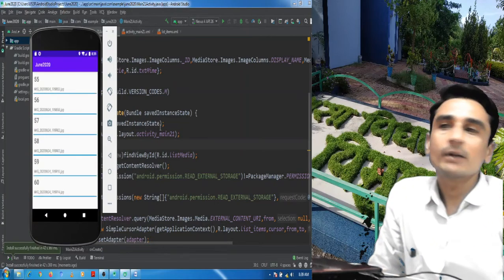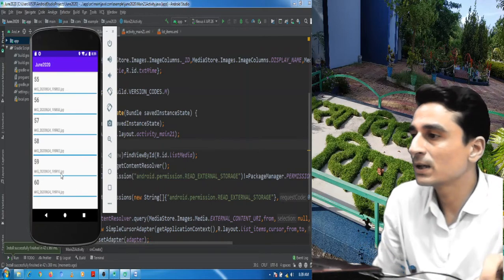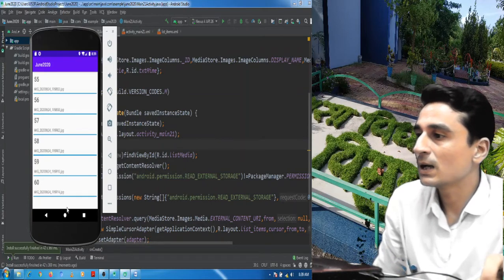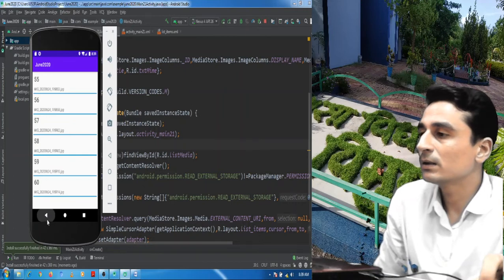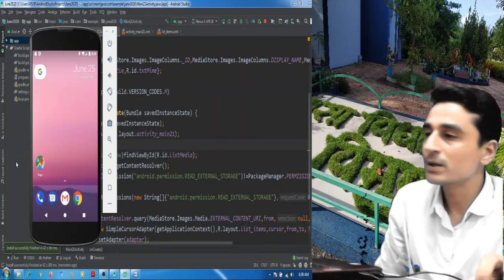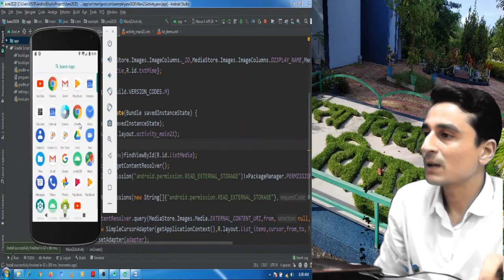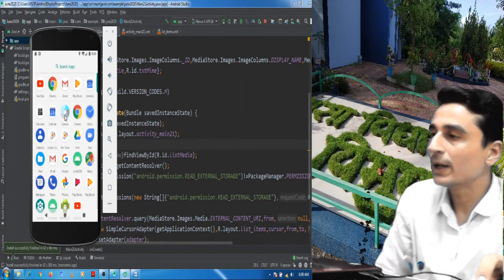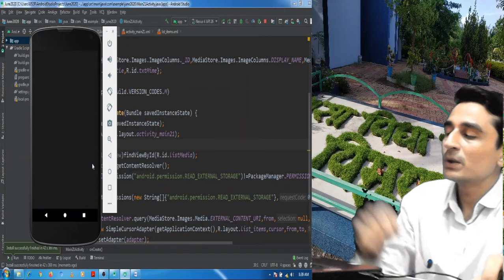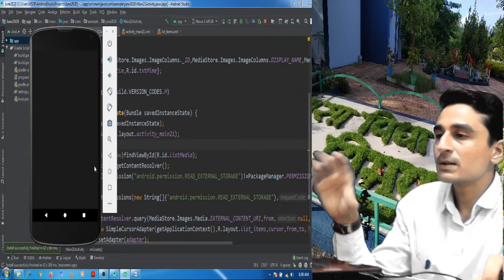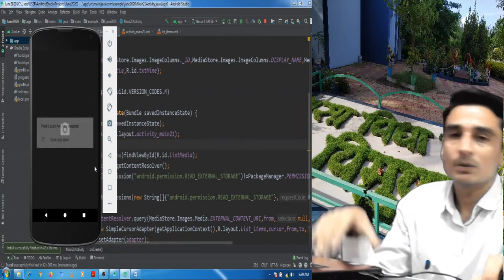We will be defining one option menu. You can see here that images are available, and you can add to these images also. You can start your camera application if it supports, and you can capture a few images.